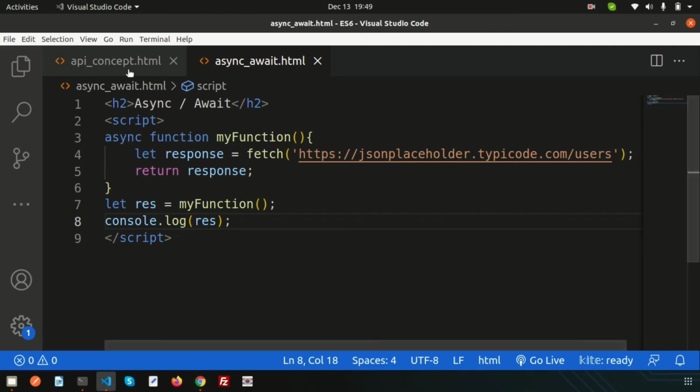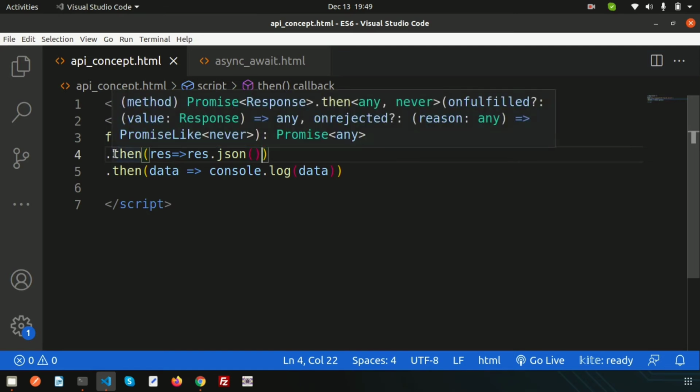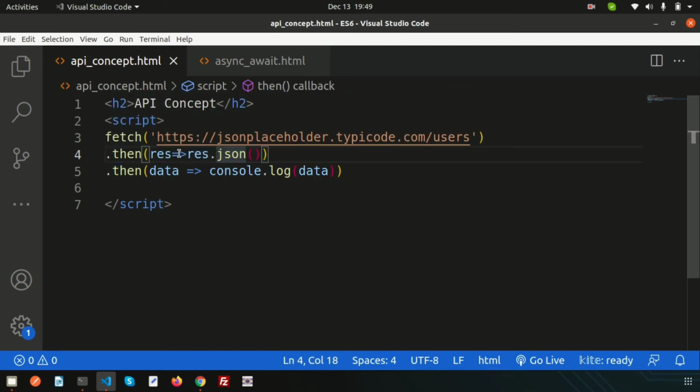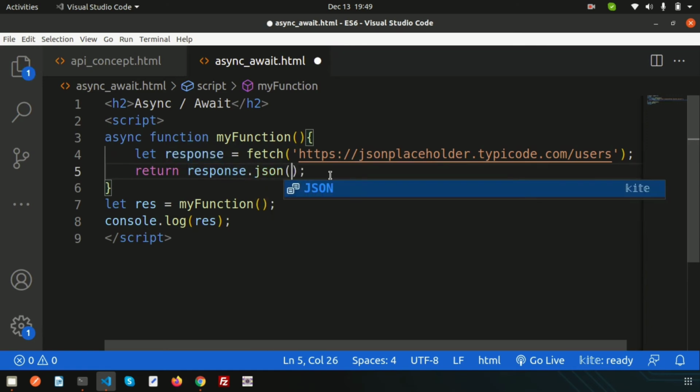Now in the last video, if we check, first we are resolving, and in that section we are returning the value in JSON format, and then we are getting the output. The same thing we will do here also. Inside the response, I want to make this response JSON format, and here I will resolve that in one go.